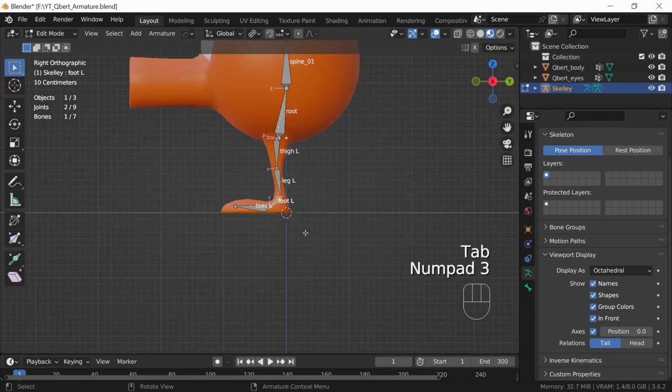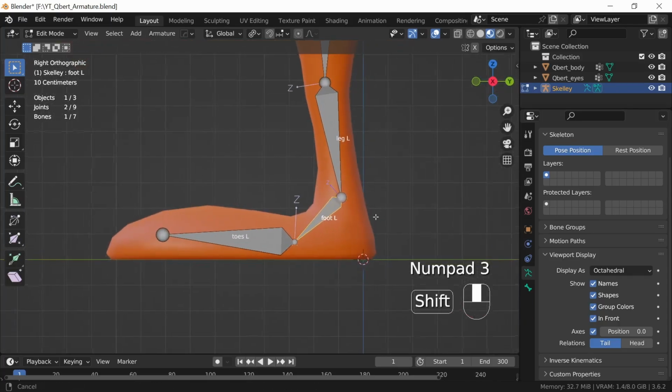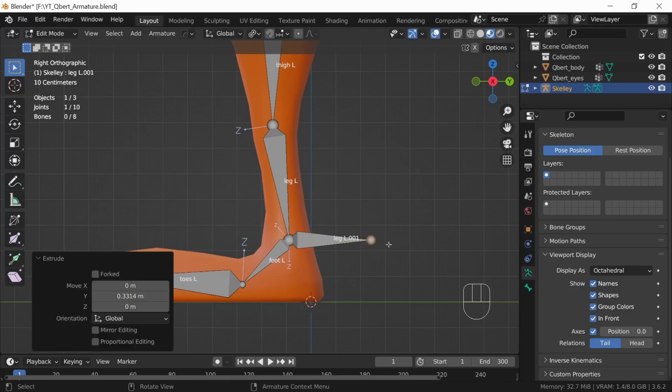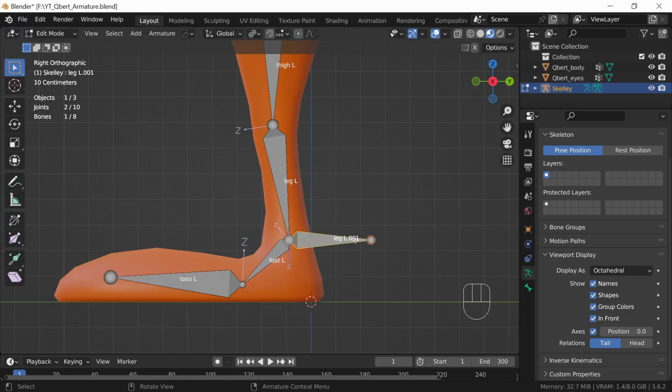Go back into edit mode, come into side view. I typically will place my control bones at the point where I want the inverse kinematics to start. So I want it to start at the leg. So I'm going to come down to this piece here, press E to extrude, lock it in the Y, and I'm going to select this bone, and I'm just going to F2 to rename it. I'm going to call this controller with a capital L,